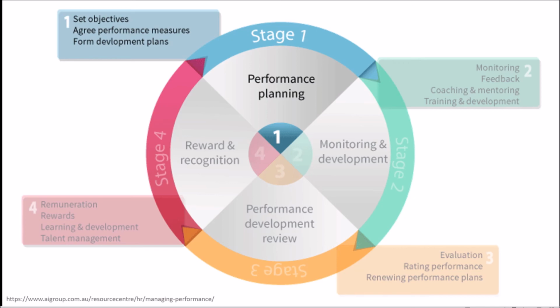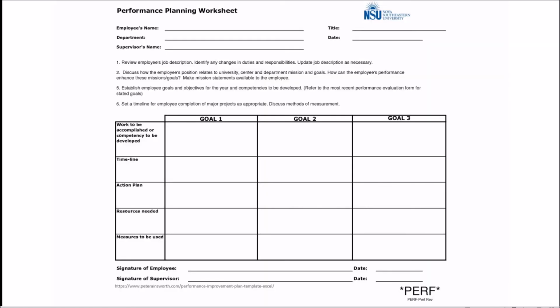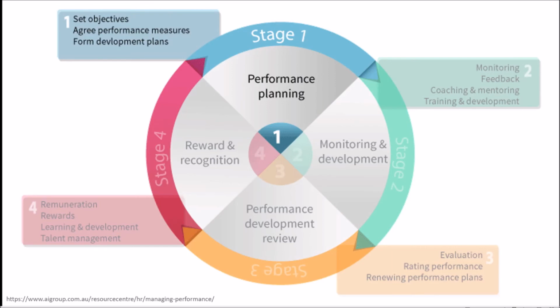So our plans might not necessarily be quite as rigid as the other ones, but we still have some type of planning process, and the tools that we use might be far more flexible depending on what we're doing. And that's the role that performance plans play within that. And this diagram here illustrates those cycles of where you go from stage one, the performance planning, to stage two, the monitoring and developing, stage three, the performance development review, and then four, the rewards and recognition. Which I didn't mention actually. That's part of that performance cycle.